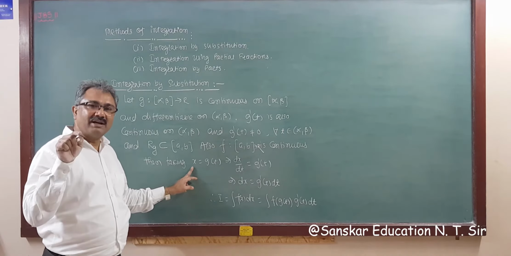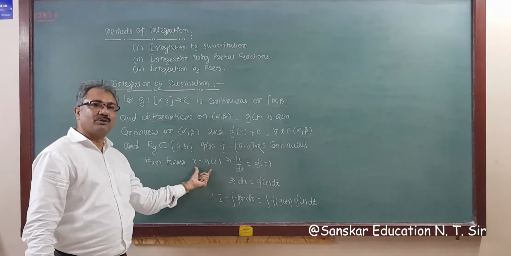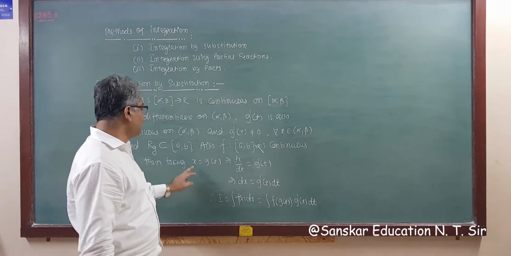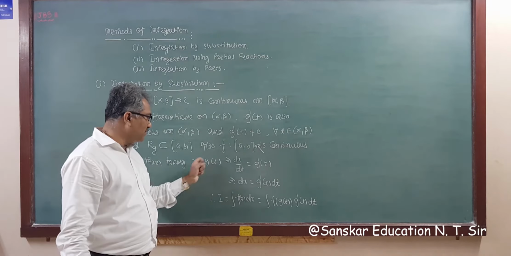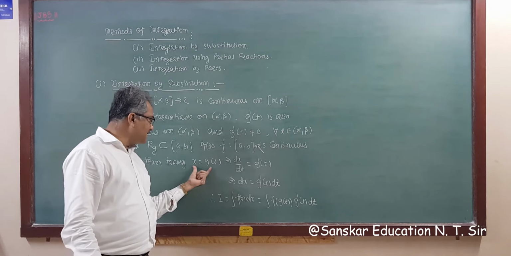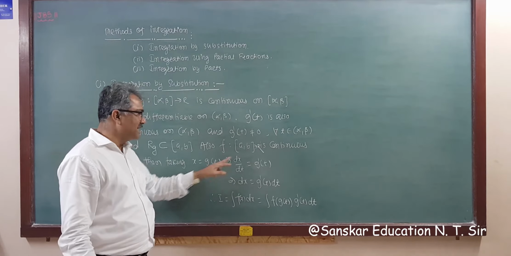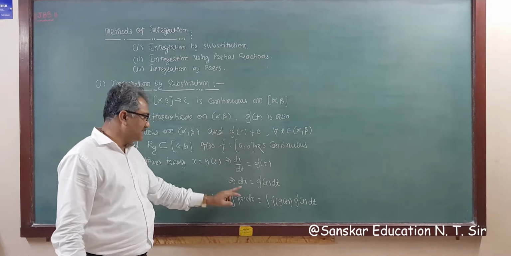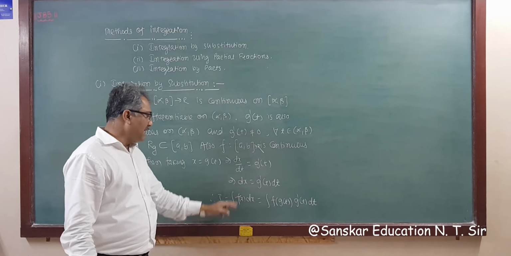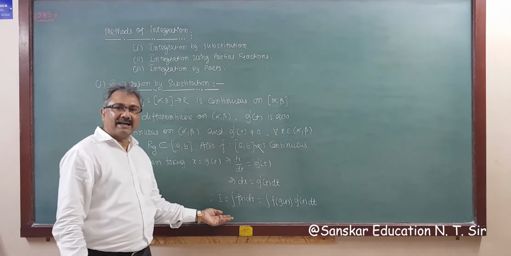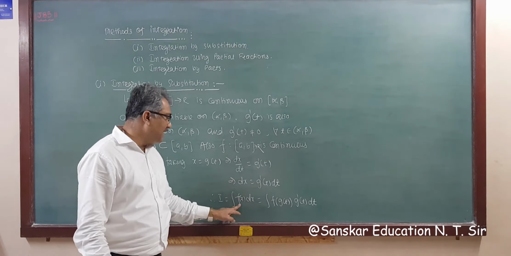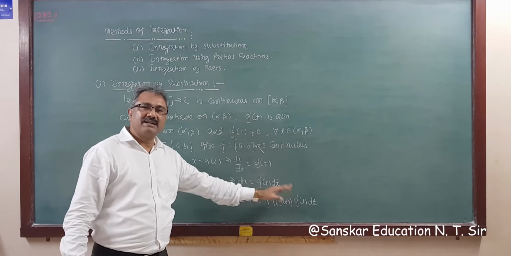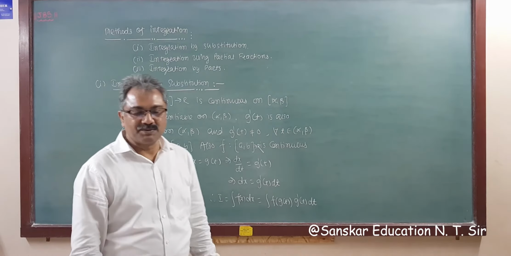we assume that x is equal to g(t), and while you are taking the assumption you have to differentiate that function. So dx by dt with respect to t, because x is a function of t, so differentiating this function with respect to t, dx by dt is equal to g dash t. And if we write only the differential of x, then dx is equal to g dash t dt, and substituting everything in the integral of f(x) dx, we assume x is g(t) and dx is g dash t dt. So this is the method of substitution, right?